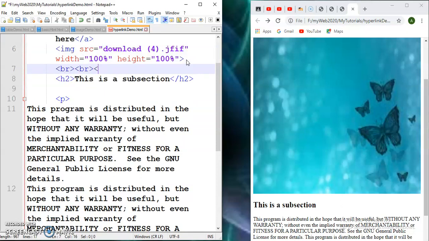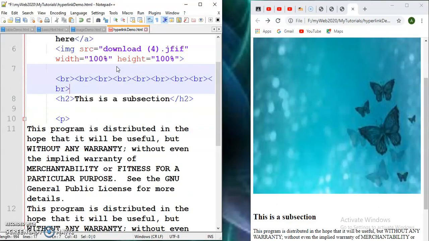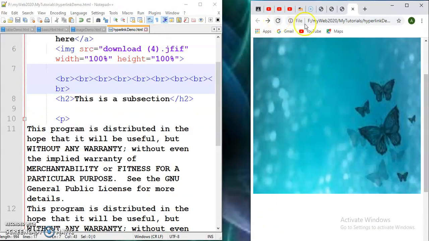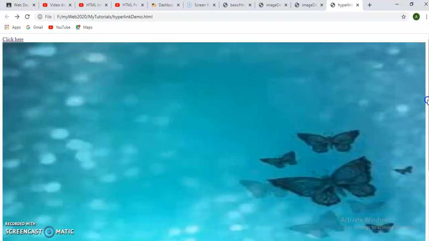I want to add some spaces. Here we don't see the subsection at first glance.